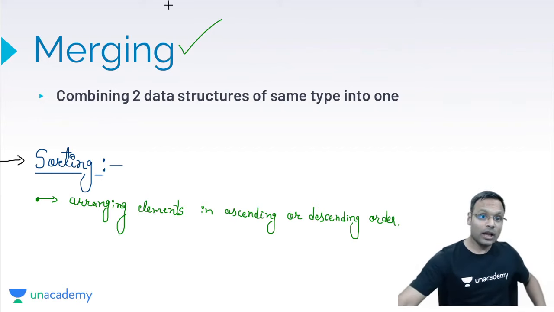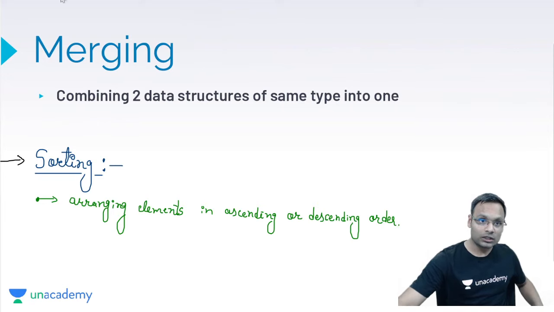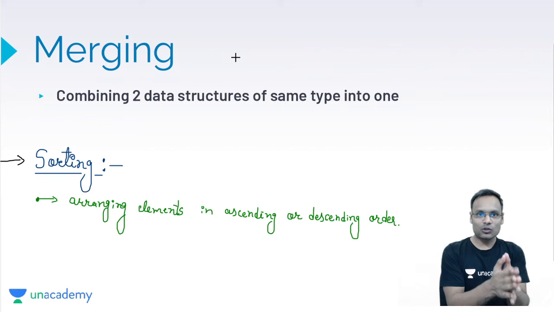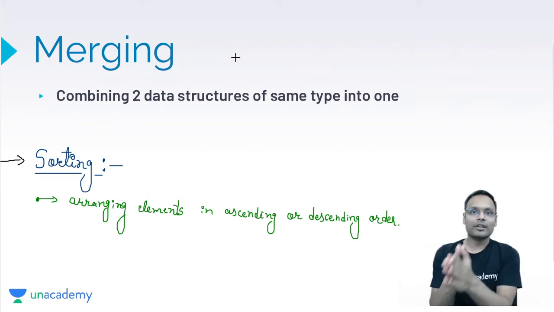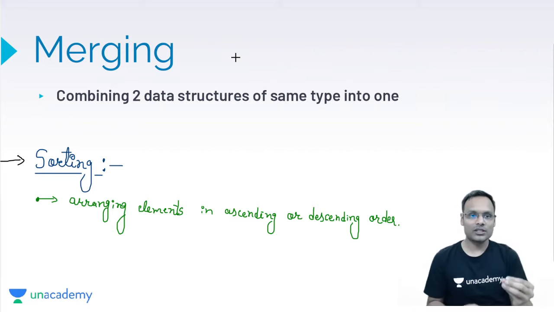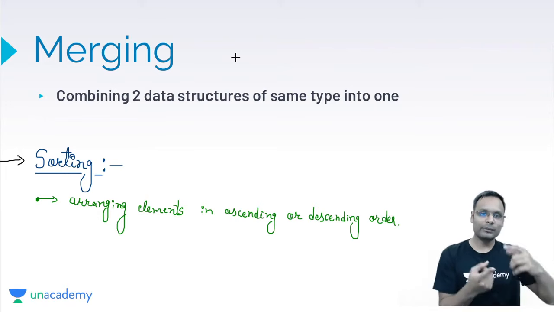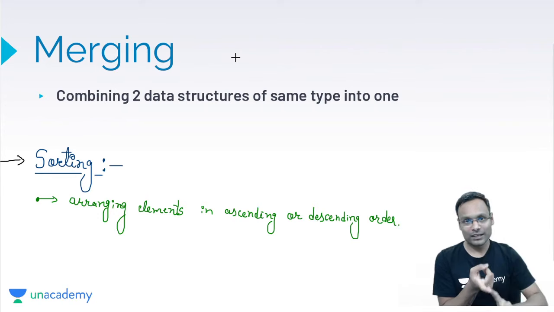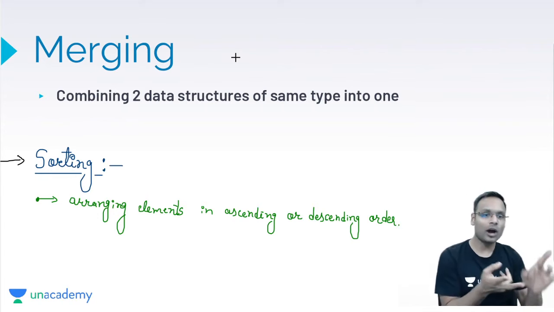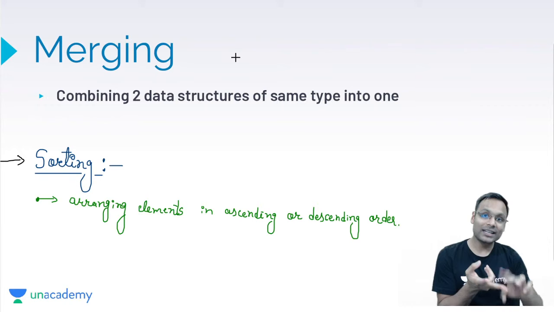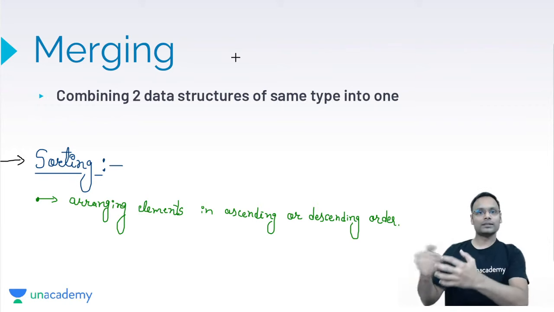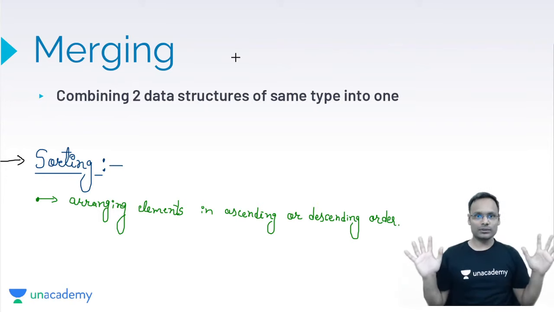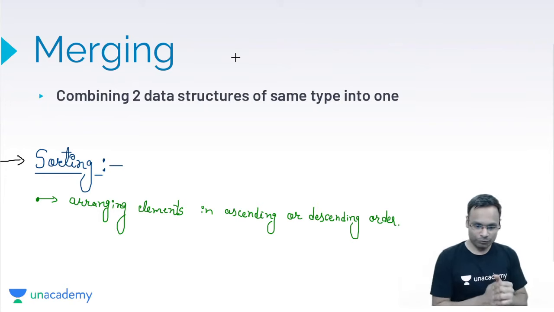Fine. Now what will be the course? This particular course will be organized in such a way that we will study the basics of each and every data structure. After that, we will go for some operations. Like if we start from array, we will check out how we can go for traversing, insertion, deletion, merging, sorting, searching, and multiple other things. So slowly we will discuss everything. Fine. Okay.